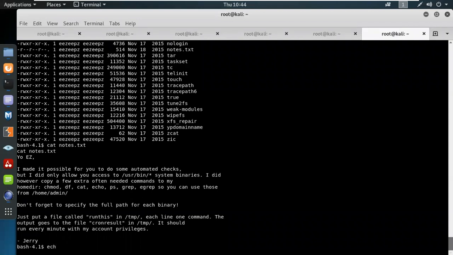तो मैं यहाँ पे कमांड लूंगा इको टू राइट करने के लिए, जिसमें होम एडमिन के अंदर जो फाइल है, जैसे उसने बोला था कि मेरे फाइल में अंदर होम चेंज मोड है, चेंज परमिशन है, कैट है, इको है। सो मैं यहाँ पे दूंगा चेंज मोड परमिशन, -r 777, रीड राइट एंड एग्जीक्यूट, यानी कि फुल परमिशन। और किसको दूंगा एक्सेस करने के लिए? सीधा मैं चाहता हूँ कि होम डायरेक्टरी को एक्सेस हो। और ये फाइल कहाँ सेव होनी चाहिए? ये फाइल टेम्प डायरेक्टरी में सेव होनी चाहिए, जो कि एक फाइल का नाम है रन दिस।